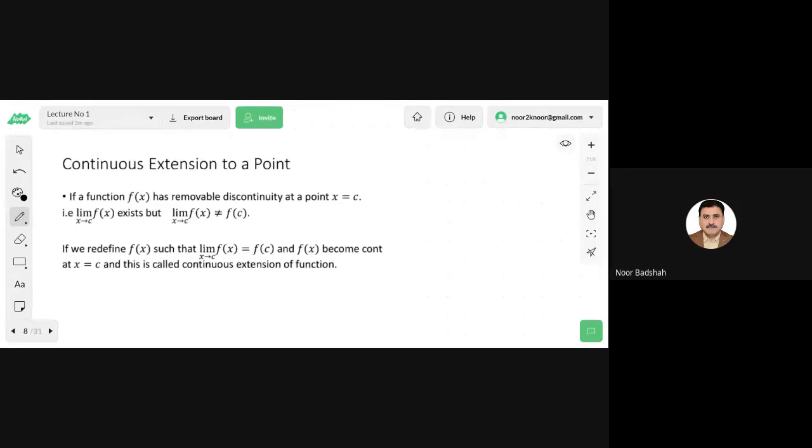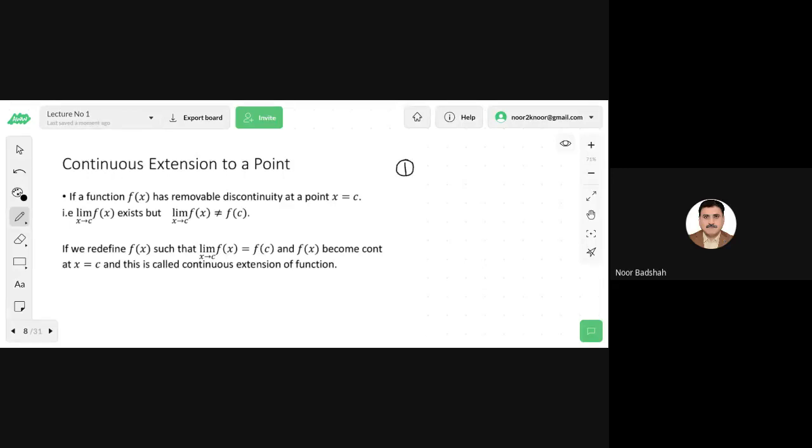हम फंक्शन को एक ऐसे अंदाज में रीडिफाइन करें कि जहां पे वो डिसकंटिन्यूस था जिस पॉइंट पे, वहां पर वो कंटिन्यूस हो जाए, तो we say the function is being extended as a continuous function, और उसको फिर हम कंटिन्यूस एक्सटेंशन कहते हैं। उसके लिए पहली कंडीशन जरूरी है, the first condition for finding